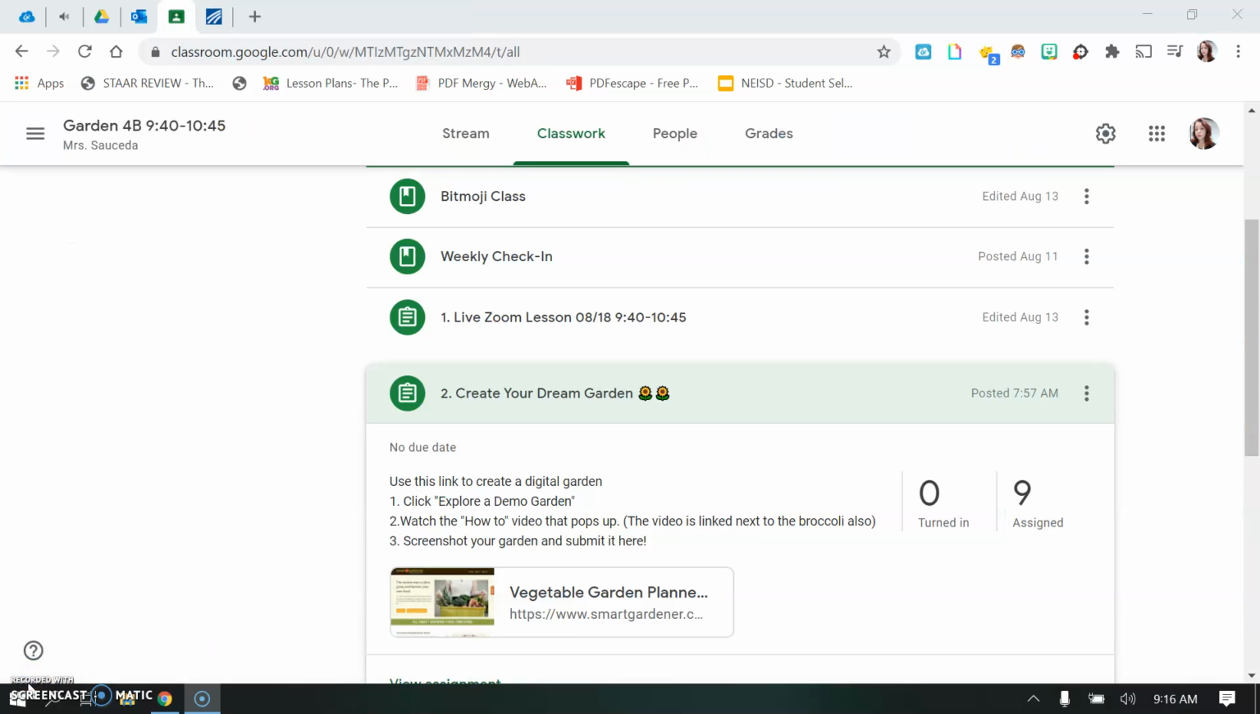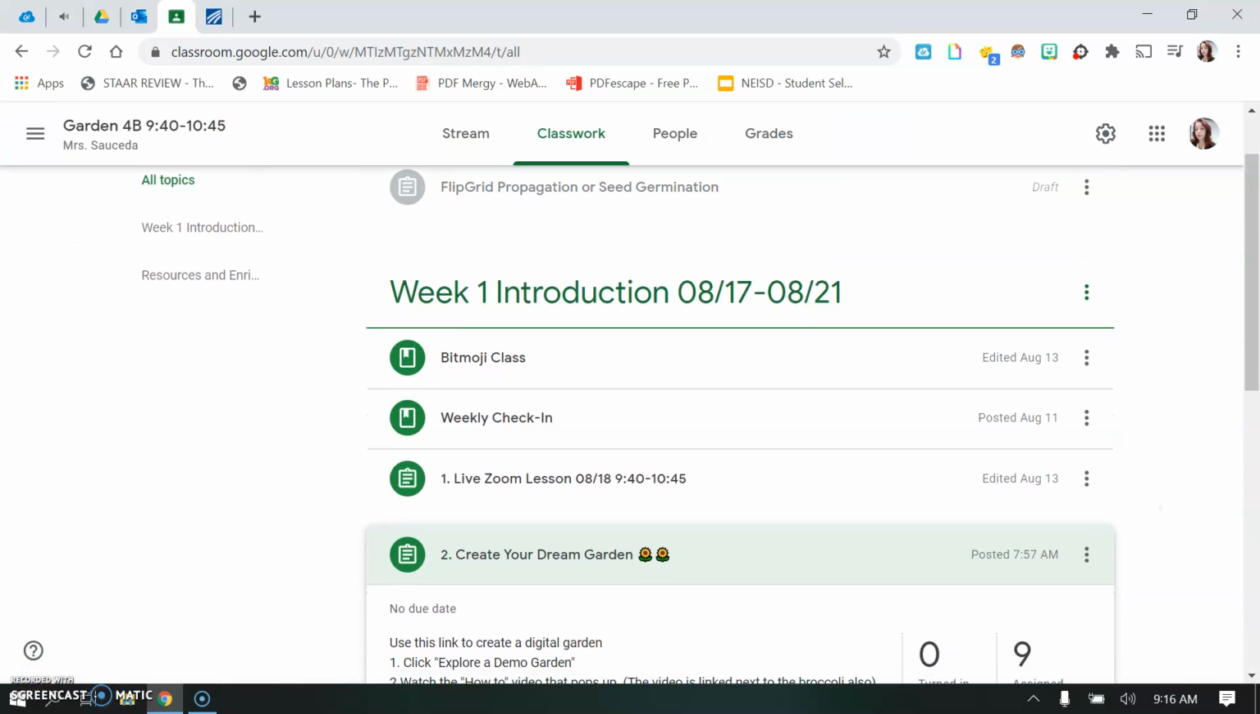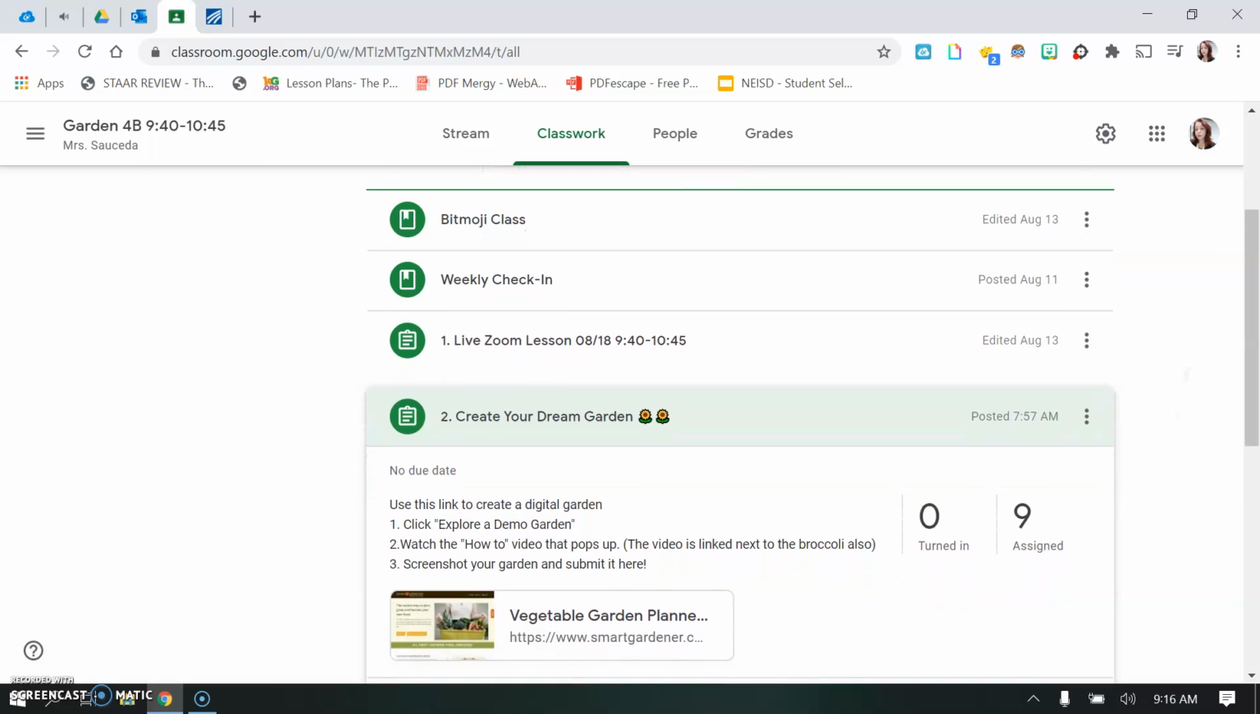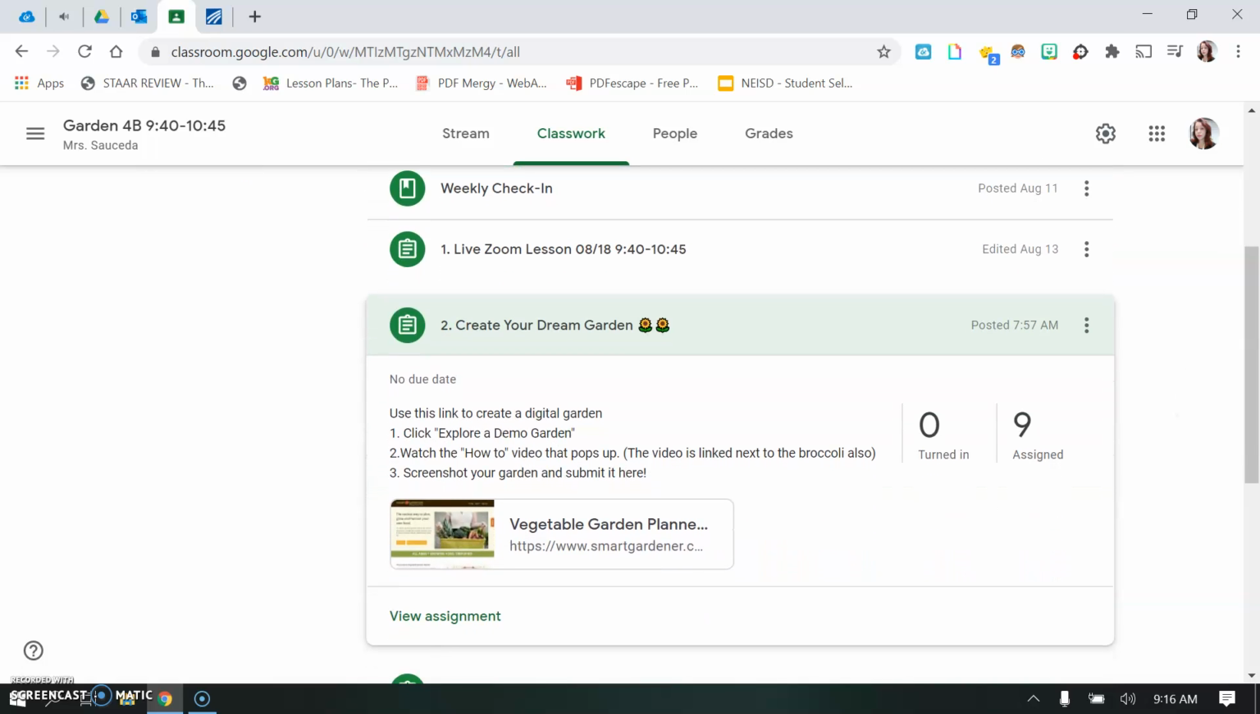Okay guys, so this is how you're going to create your dream garden. You're here on your Google Classroom classwork. If you go down to create your dream garden, that's your second assignment that you have for our first week. Just go ahead and read over the instructions. It says click the Explore Demo Garden, watch the how-to video, and then screenshot your garden and submit it here